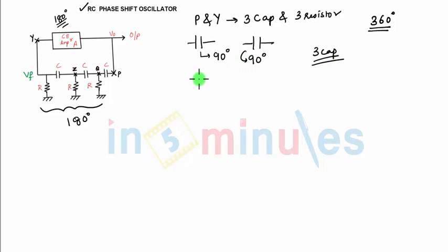Ideally the phase shift is less than 180 degrees. If you use 2 capacitors, the phase shift won't be 180 degrees, but it will be less than 180 degrees. So practically speaking, the phase shift will be less than 180 degrees. In order to make that 180-degree phase shift, we use 3 capacitors and the phase shift is adjusted such that the total phase shift will be 180 degrees.